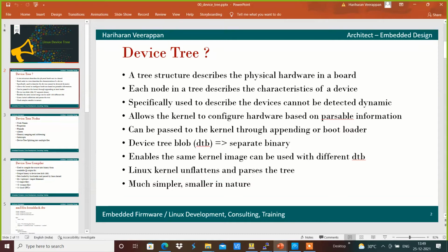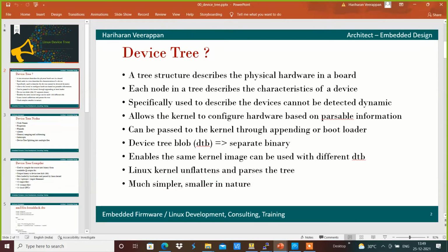The kernel will understand the device tree binary information and load the respective drivers, and the respective hardware gets initialized according to the platform that was defined in the device tree.